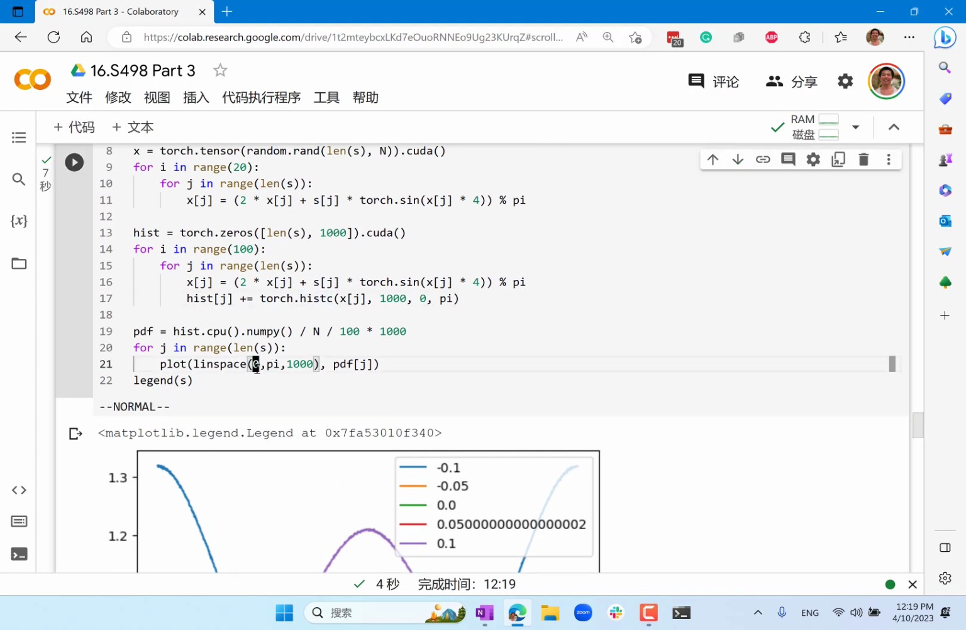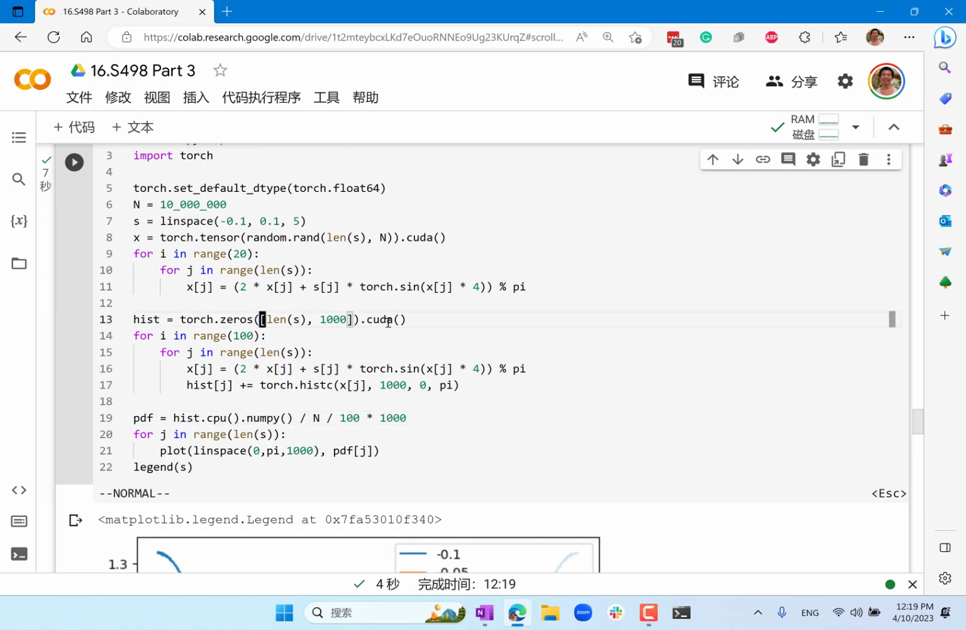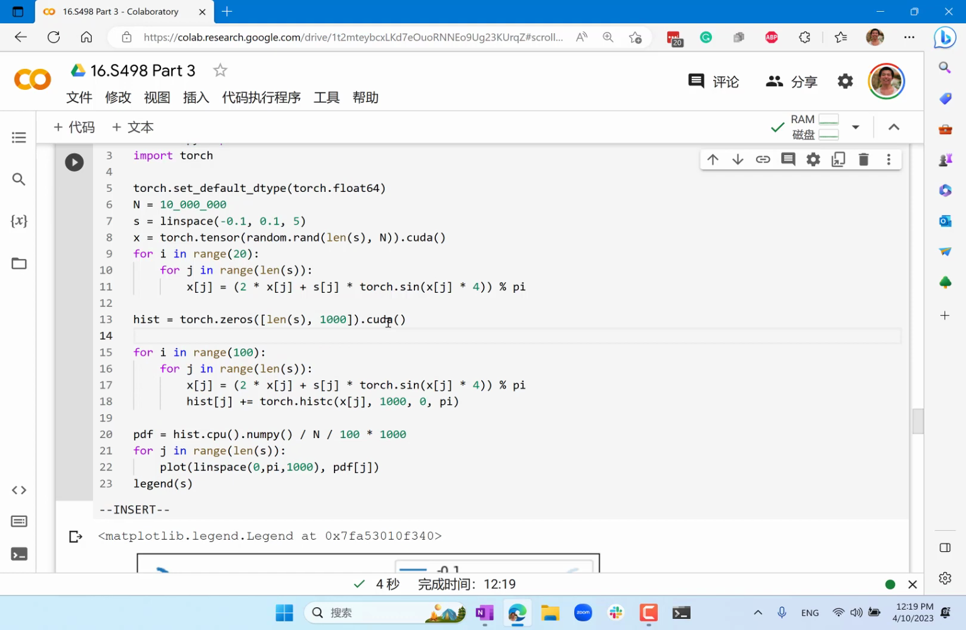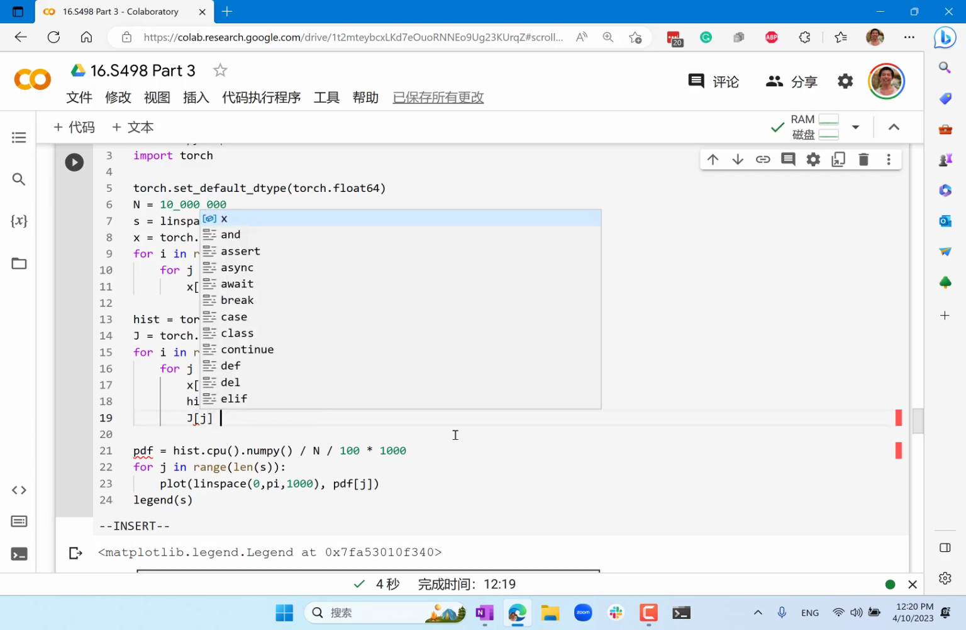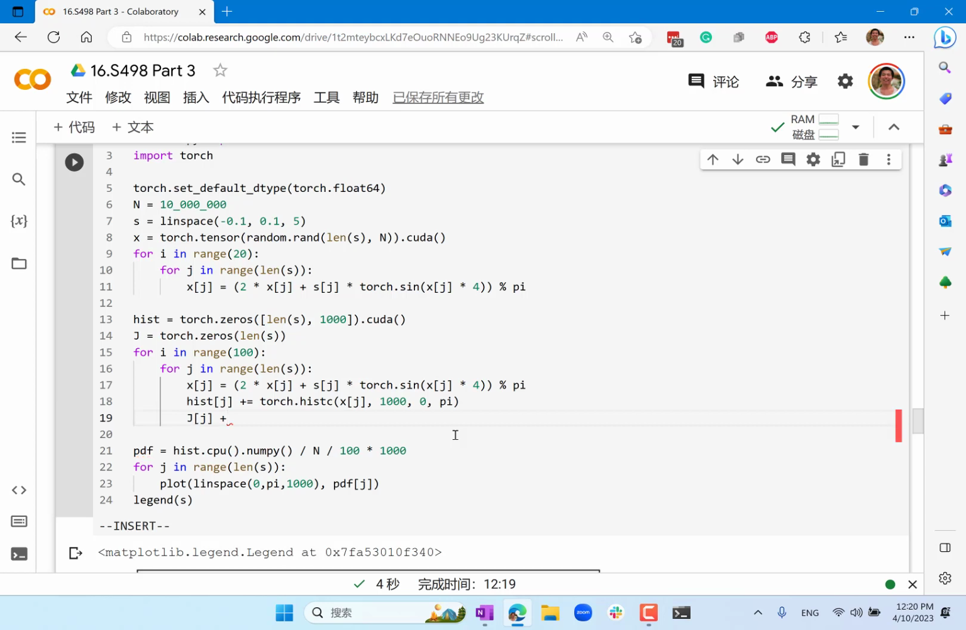Let's not just plot it. Let's also not just compute a histogram. Let's also compute a j equal to blank. Not only am I adding to the histogram, I'm also adding torch.zeros, just the length of s, and I'm saying j would be plus equal to